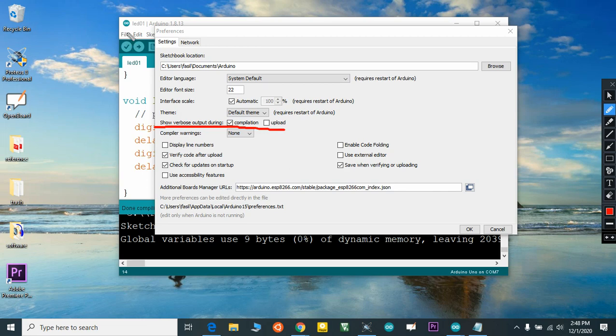Inside our file menu, preference, you can see a tick box, show verbose output during compilation. Tick this. Okay, then tick this one.